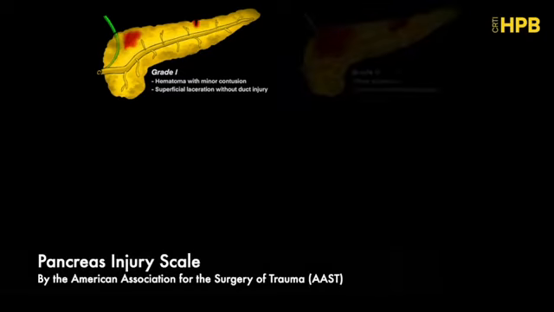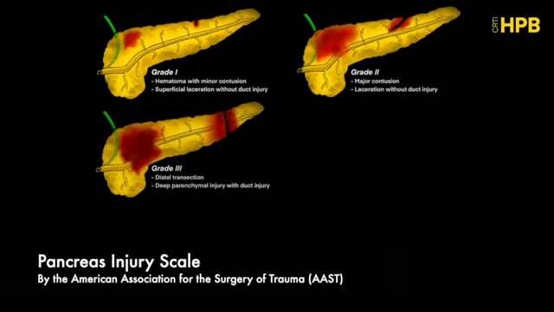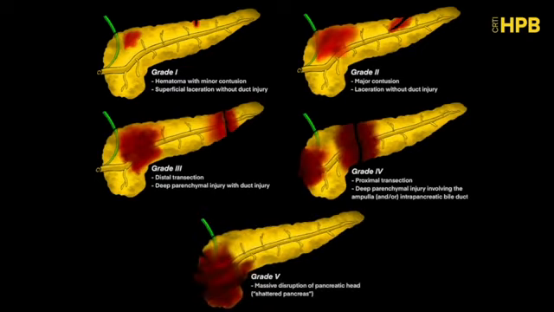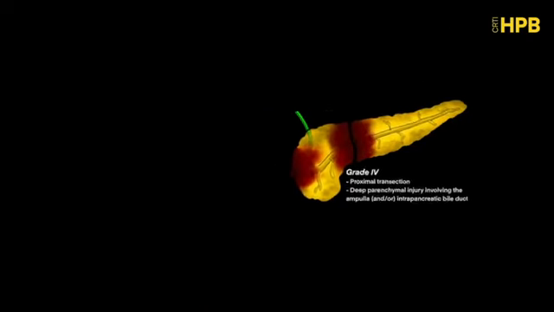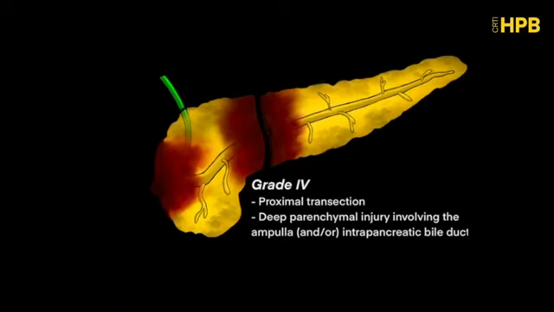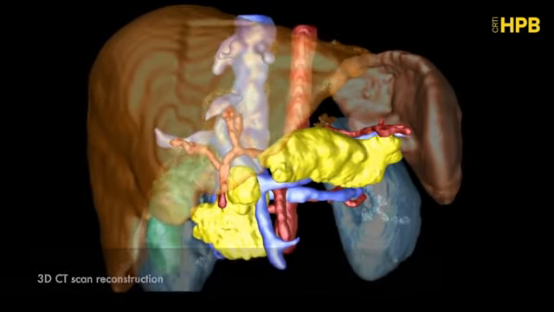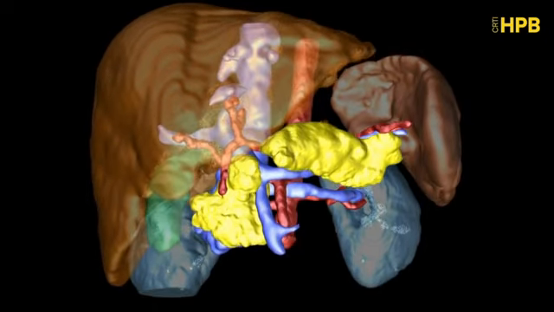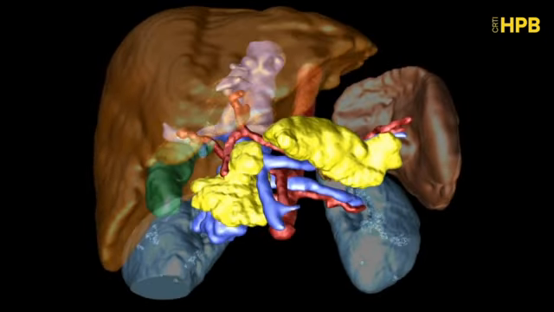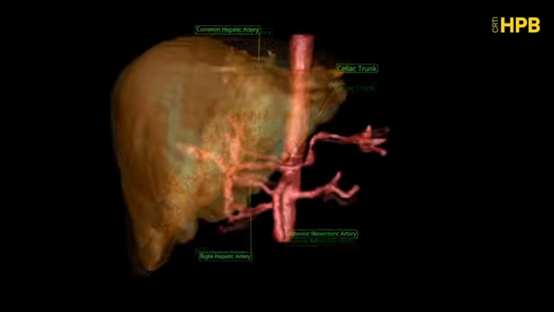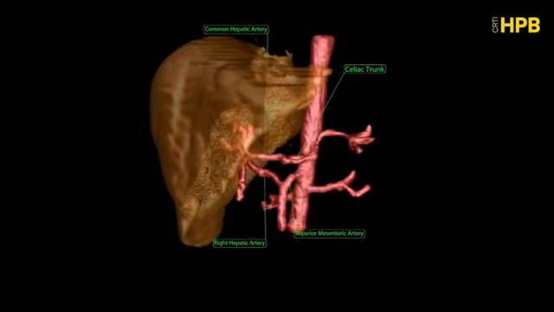It is shown the pancreas injury scale with the different grades of pancreatic affection, being grade 1 the minor and grade 5 the most serious. A 3D CT scan reconstruction is shown where the complete pancreatic section is observed at the level of the pancreatic neck. The case presented a vascular anatomical variant, being the right hepatic artery a branch of the superior mesenteric artery, as